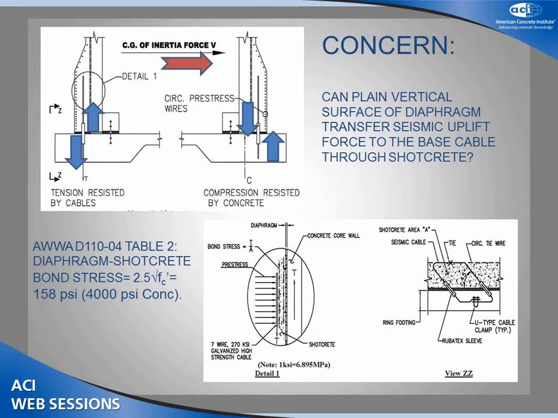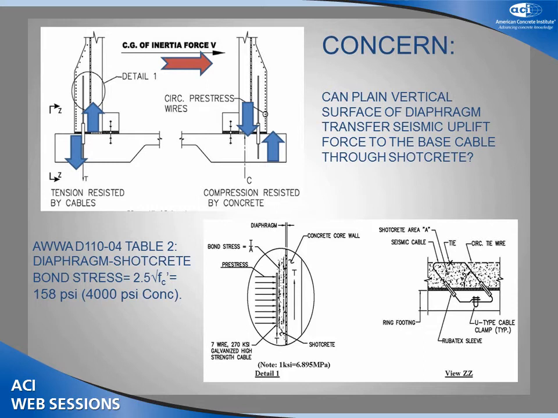So if you look at this slide, what we have is a seismic force here, and that is generating tension here. And if you look at the close-up view, this tension, in case it overcomes the weight of the wall and the dome, will have to be transferred through this diaphragm into the shotcrete and into the base cable. So the concern is, and this has been raised by many people in high seismic zones, many consulting engineers are concerned about this behavior. So the question is, can the plain vertical surface of the diaphragm transfer seismic uplift force to the